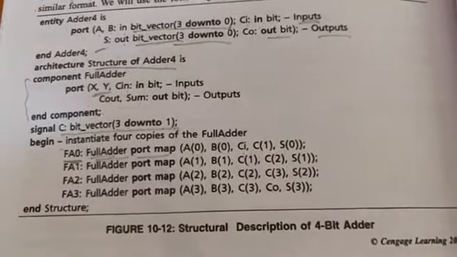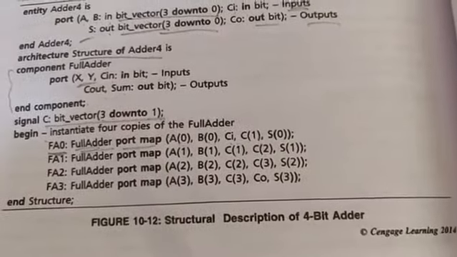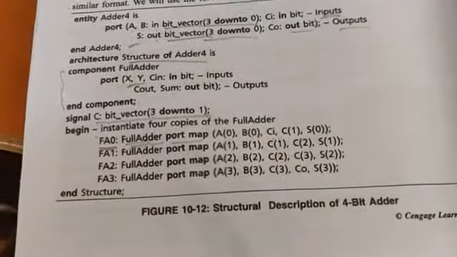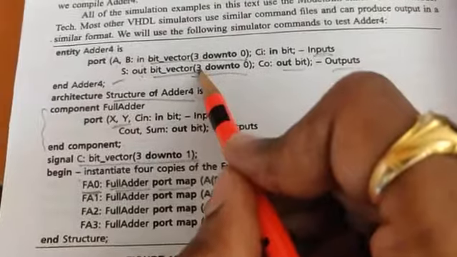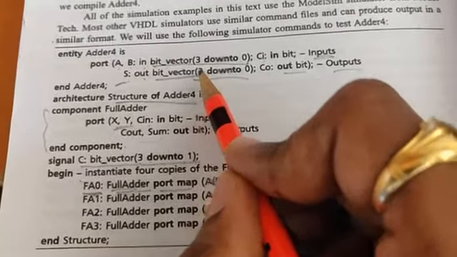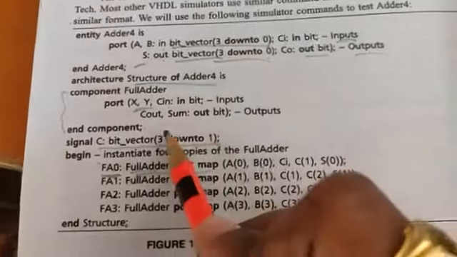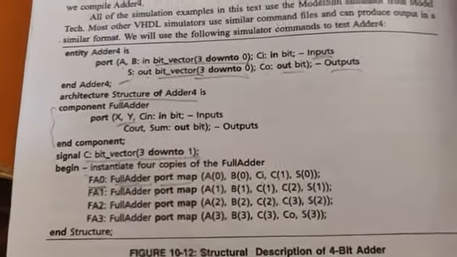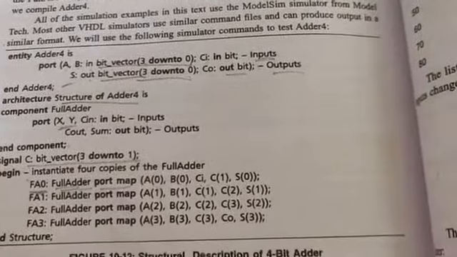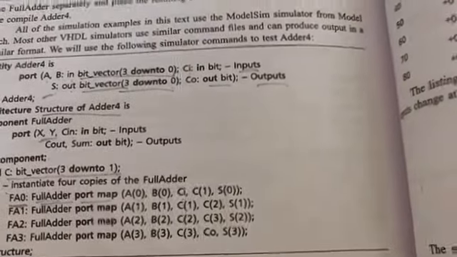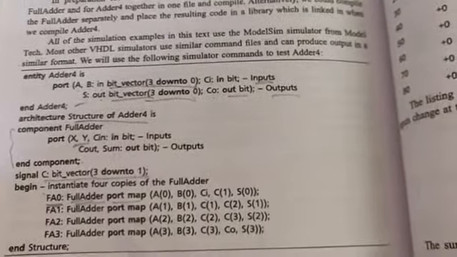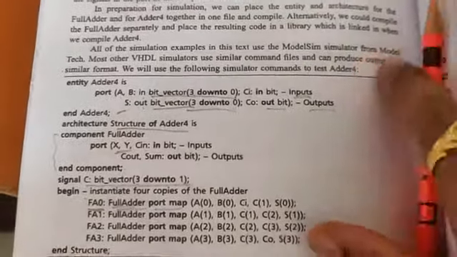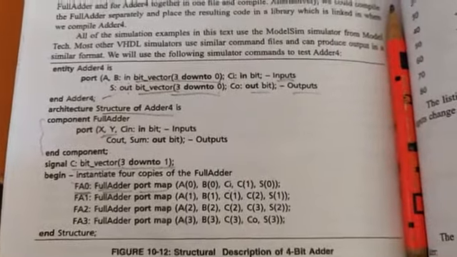In your examination, they might ask you to write an 8-bit full adder. If they do, you are supposed to add 4 more statements, that's it. And you write the 8-bit adder as 7 down to 0, 7 down to 1, like this. In the last semester examination, ADE, they asked you to write an 8-bit full adder. So this completes your VHDL models.